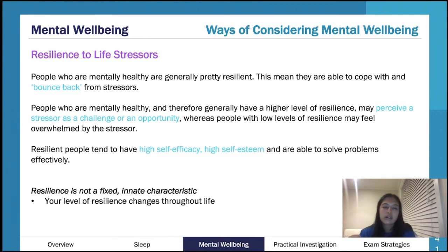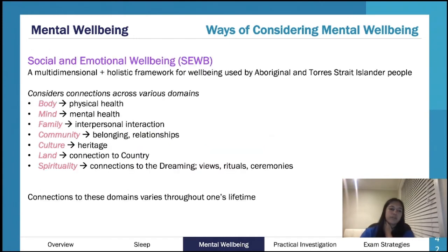So we often tie in, if you are displaying a bit more resilience, high self-efficacy, high self-esteem. So this sort of thing of a bit more trust or confidence in one's abilities to overcome a specific task. So in saying this, you're not born with high resilience or low resilience. You may be more inclined for something, but it changes throughout life. It changes based on the life events, the people that you're surrounded with, your attitudes, your beliefs at the time, those sort of things. But high resilience, just like high levels of functioning, is associated with a stronger or higher mental well-being.